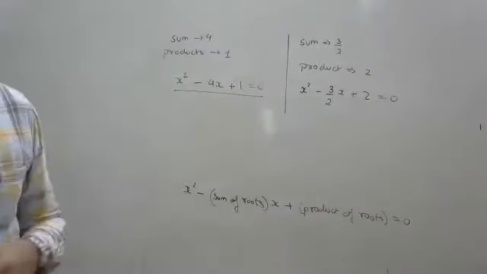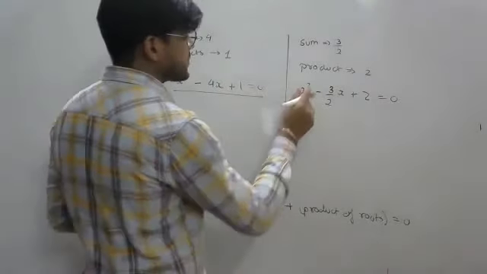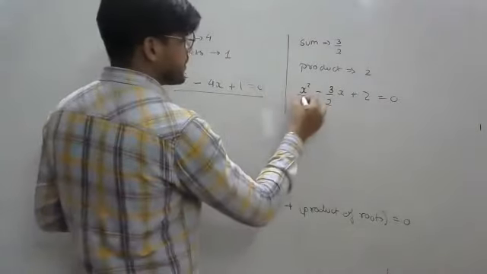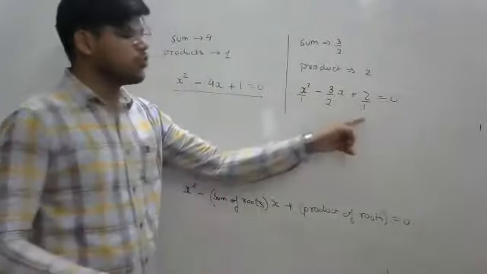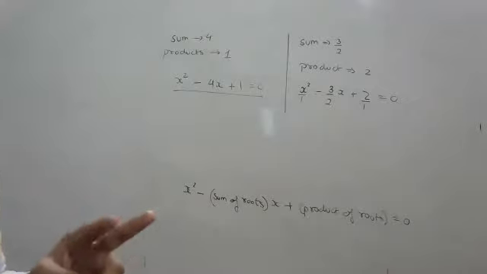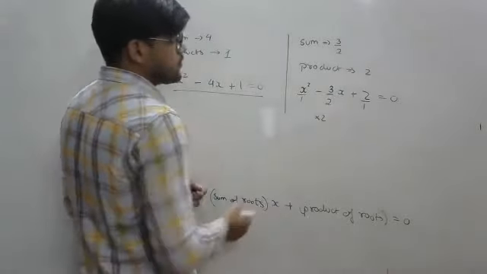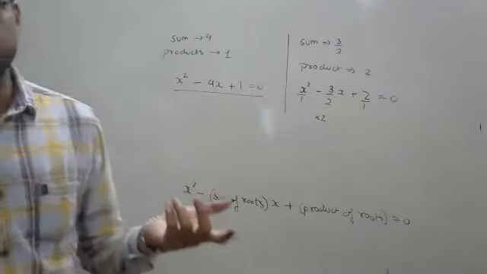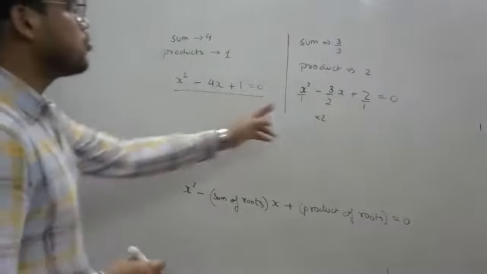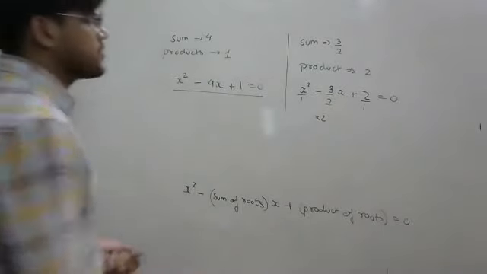Now here, it would be better if you take the LCM. It's not compulsory, but it's better. यहाँ पे 1 है, यहाँ पे 1. So 1, 2, 1. What you can do is multiply each term by 2. Why? Because the LCM would be 2, no other reason. So just multiply every term.